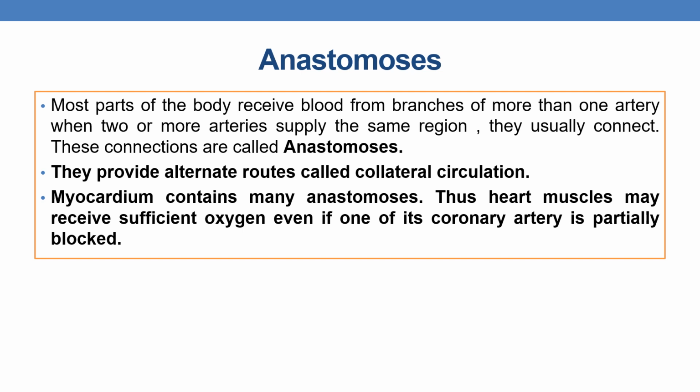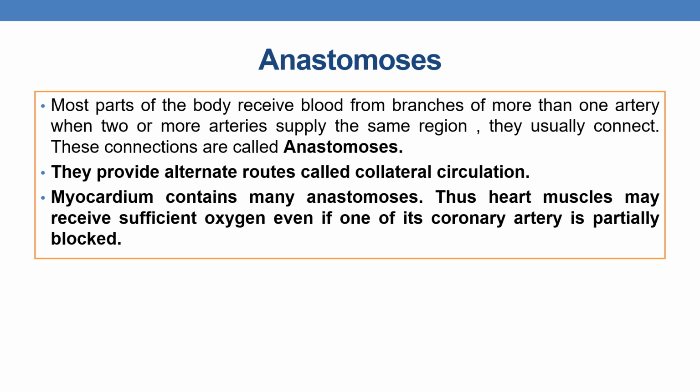Anastomosis is nothing but a place where two arteries connect and they provide an alternate route called collateral circulation. So what is responsible for the collateral circulation? Anastomoses are responsible for the collateral circulation, and the myocardium contains many such anastomoses. Thus, heart muscles may receive sufficient oxygen even if one of its coronary arteries is partially blocked. This is the reason why the myocardium receives sufficient oxygen even if one of its coronary